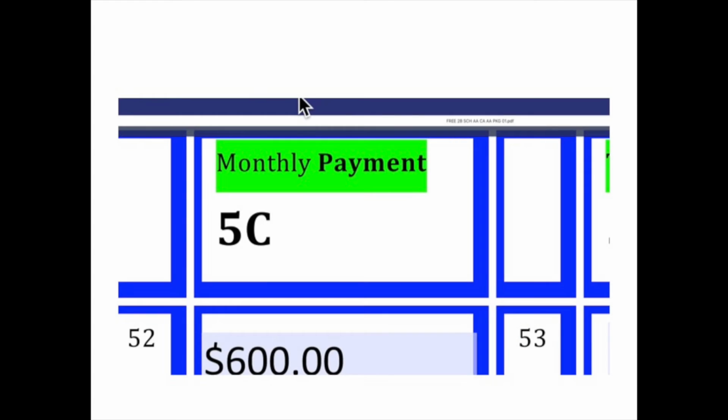In box 5C, enter the projected monthly payment on your student's loan. If your student's loan is set up for quarterly payments, divide the payment by 3 and enter the results as a monthly payment. In box 5D, enter the term on the loan. For example, if the student's loan runs a term of 10 years, enter 10.